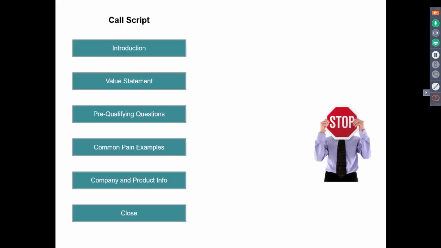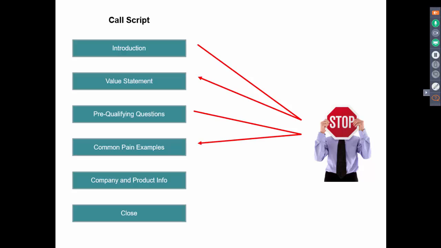But the reality is that when you get an objection, you can deflect back to these different sections of your script. So what you need to do first is organize your sales pitch, and that will give you a script. And then when you learn this objection handling methodology, you don't have to learn a bunch of objection responses. You just need to learn where to deflect back to in your script when you get those.